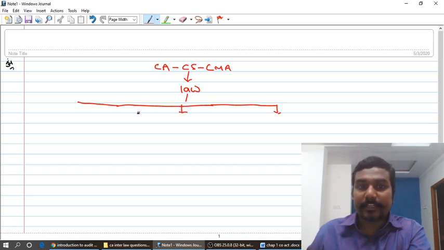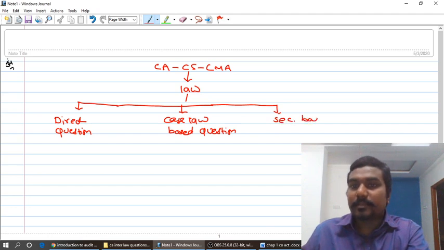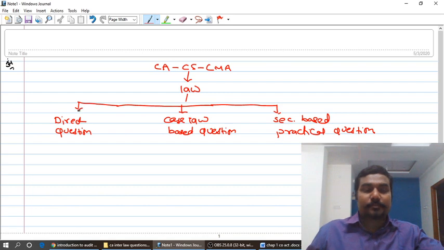Questions are of three types in exam. One type of question is direct question. The other one is case law based question, that is practical question, sir. The third one is section based practical question. So whenever you see the law paper, that may be foundation or inter or final level, especially